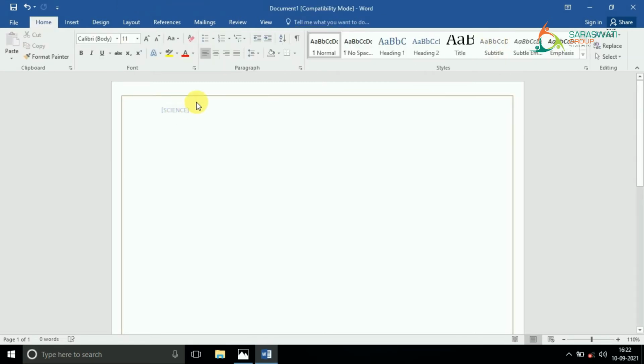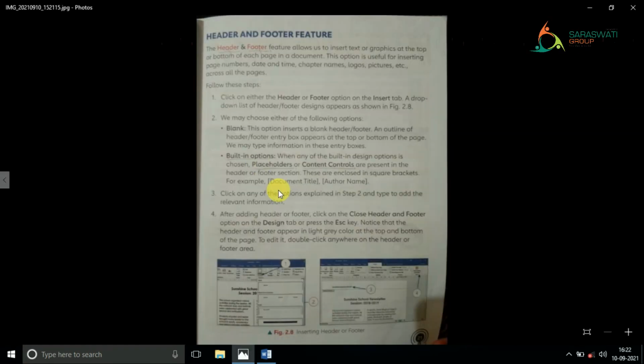So see, I have changed the information. Relevant means proper information you have to give, right? Now after adding header or footer, click on the close header and footer option on the design tab or press the escape key,